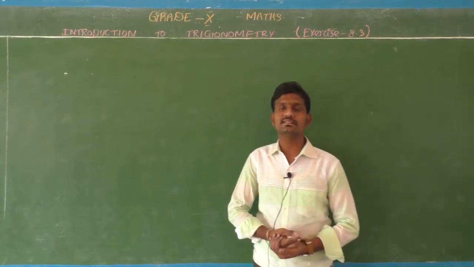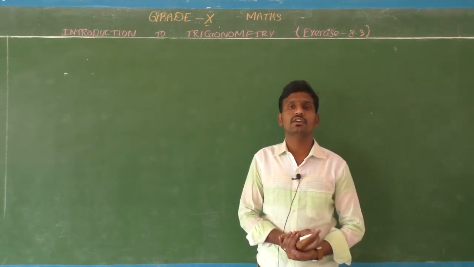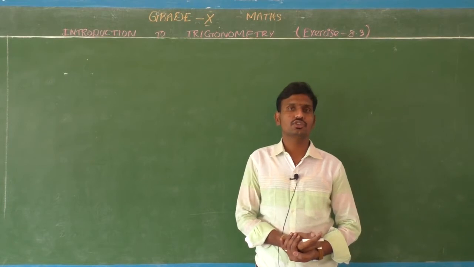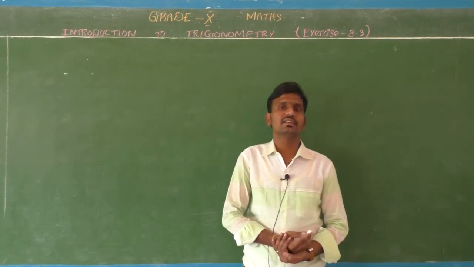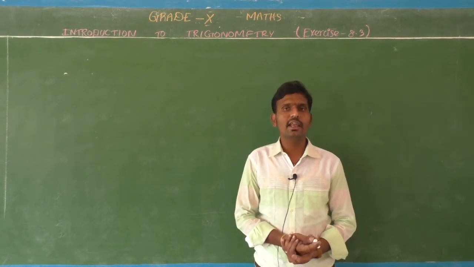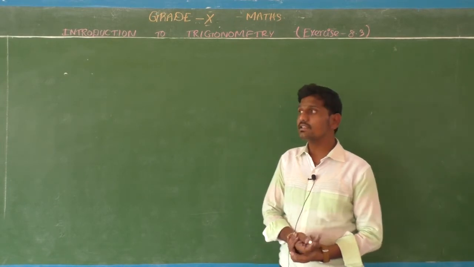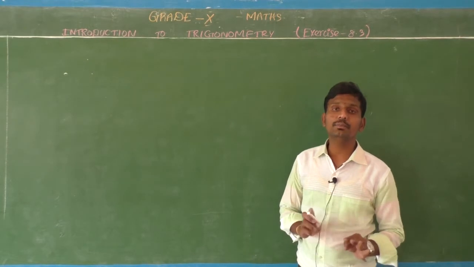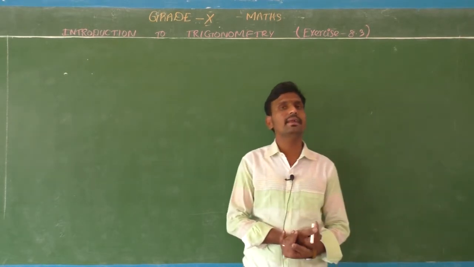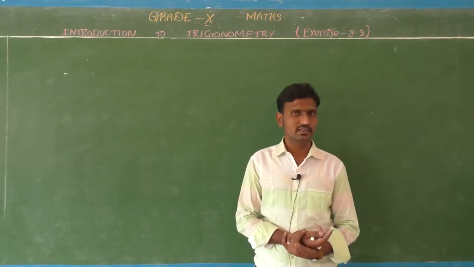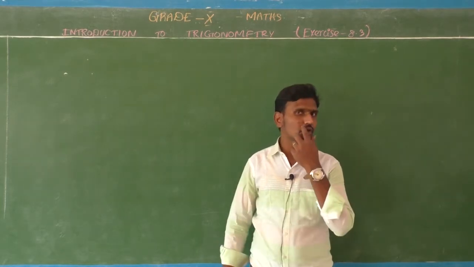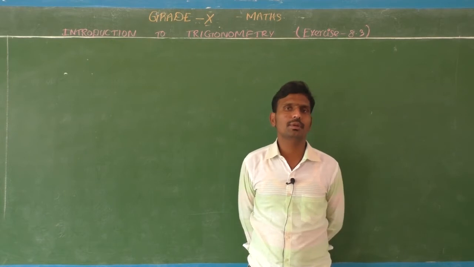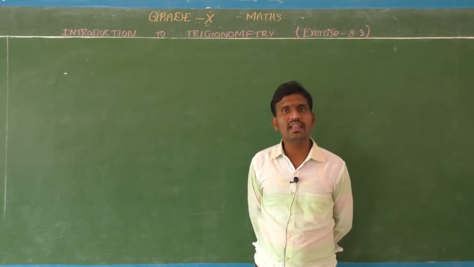So this is the class for the continuation of your chapter number 8, Introduction to Trigonometry. In your previous class we already completed exercise 8.1 and 8.2. Exercise 8.3 is a deleted portion for you, the complementary angle of trigonometric ratios. That is an eliminated portion, so you don't need to prepare it. Now we want to move to exercise